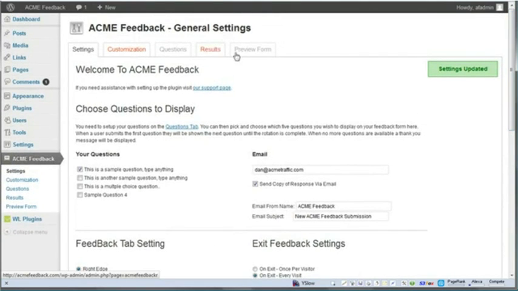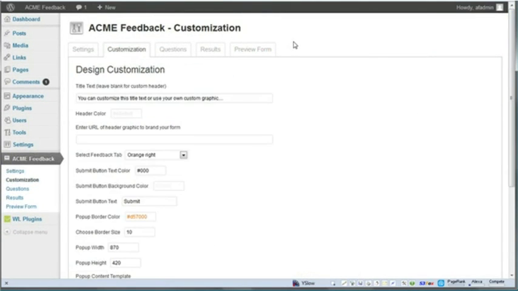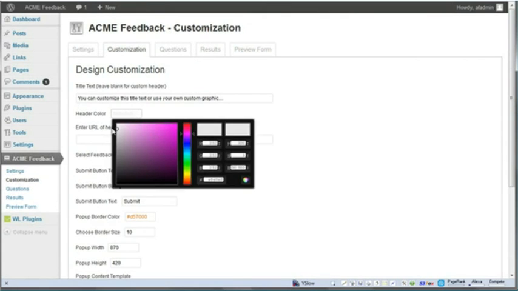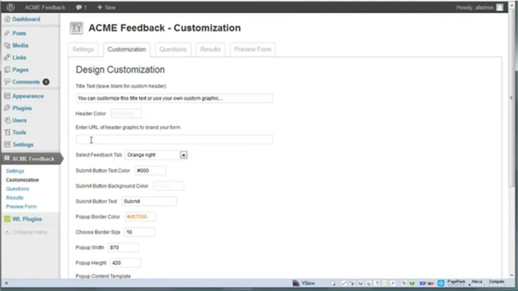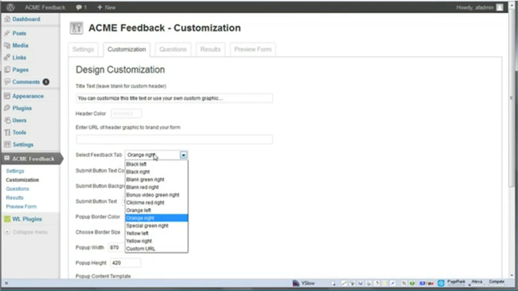Here is the full customization panel. And once again, you can design it any way you want. You can change the title text, or you can change the header color right here. You can enter the URL of a header graphic to fully brand your form any way you want. You can select where you want the feedback tab form. Black left is a black tab. There's tabs that just say bonus video. There's tabs that just say click me or special offer, or you can upload your own custom